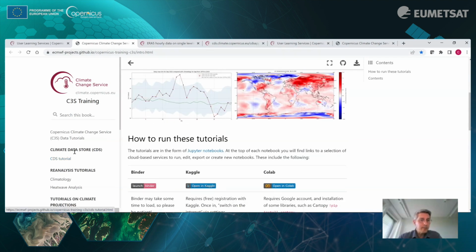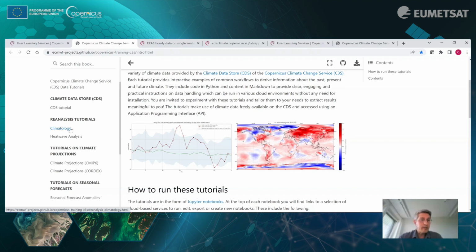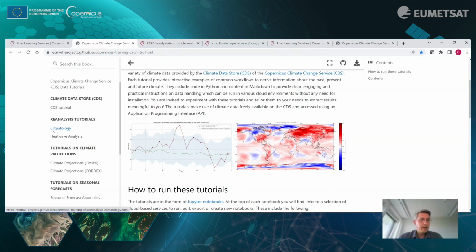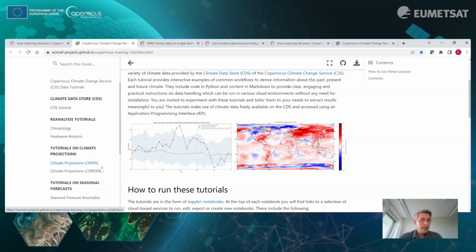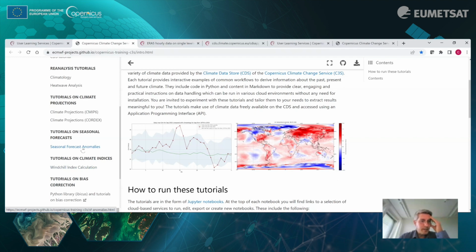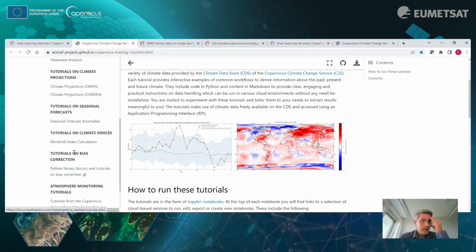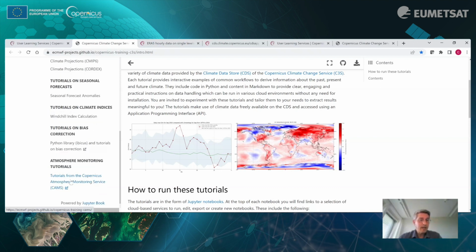And I'm just going to give you some examples here. On the left-hand side of this catalog, you see a number of different Jupyter notebooks associated with the different data types. So we have the notebooks associated with the reanalysis data, those for climate projections, both the global climate projections and regional climate projections, so CMIP6 and CORDEX. We have a number of resources on seasonal forecasting. Some others will be published soon. Also, tutorials on climate indices, bias correction, and then finally here we have a link to similar notebooks on the